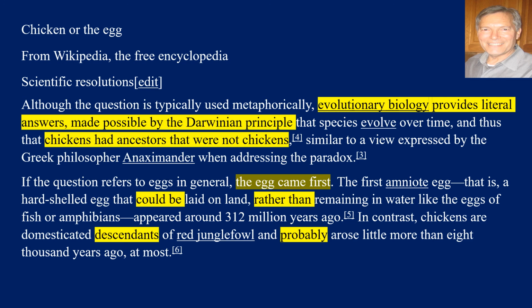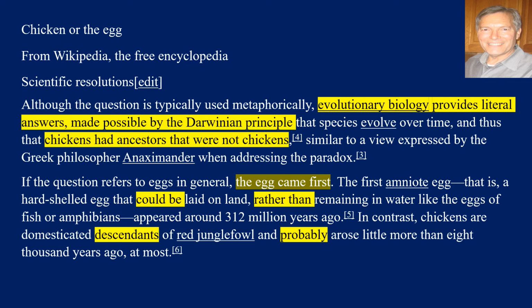If the question refers to eggs in general, the egg came first. The first egg, that is, a hard-shelled egg that could be laid on land rather than remaining in the water like the eggs of the fish or amphibians, appeared around 312 million years ago. In contrast, chickens are domesticated descendants of red junglefowl and probably arose a little more than 8,000 years ago at